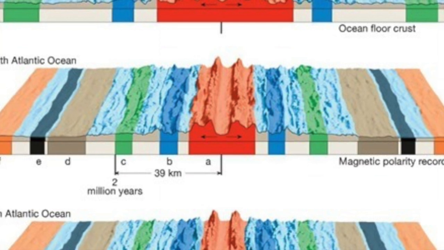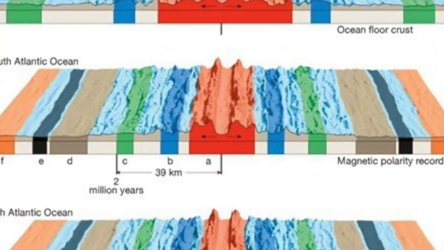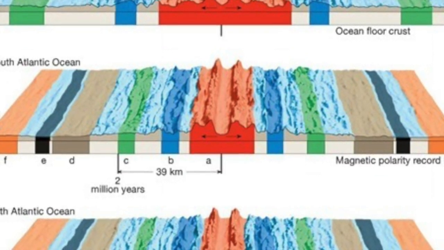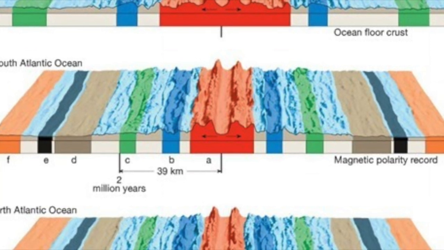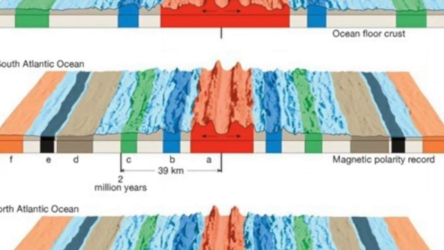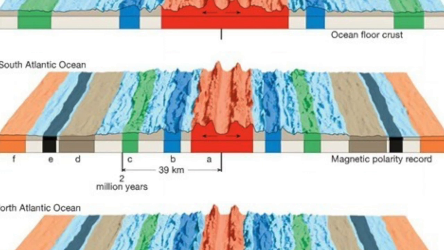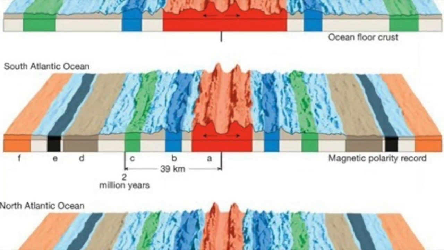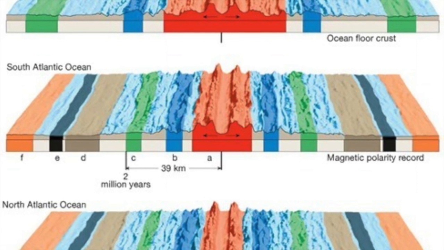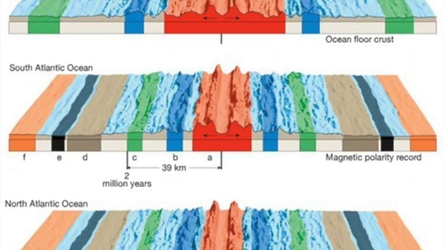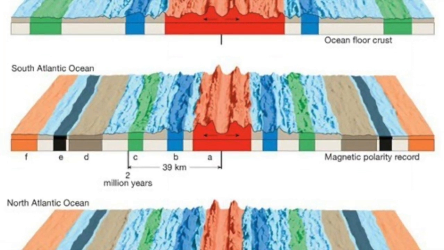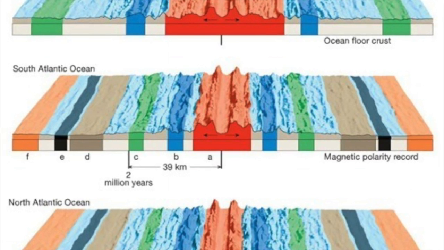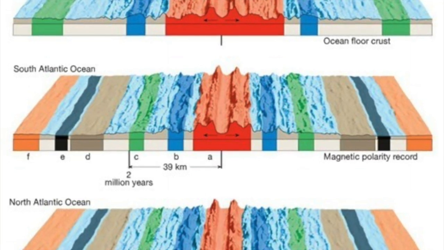So you would think that the polarity in the rocks would be the same no matter where they were. And this is where we started to learn that the seafloors were spreading, and the proof was in the bands on either side of the Mid-Atlantic Ridge that reflected what the poles were at that time. So we now know that the poles do reverse, and that was evidence that we needed to understand this spreading.